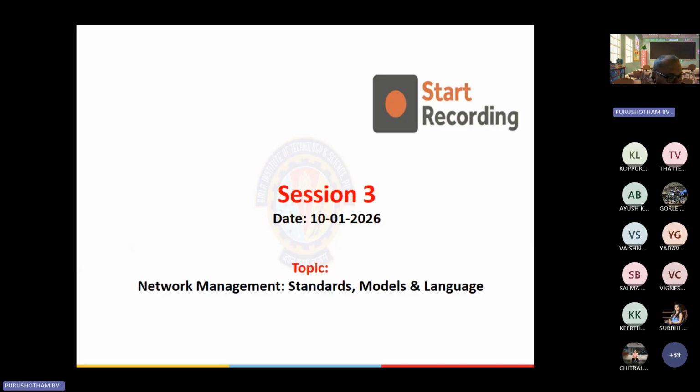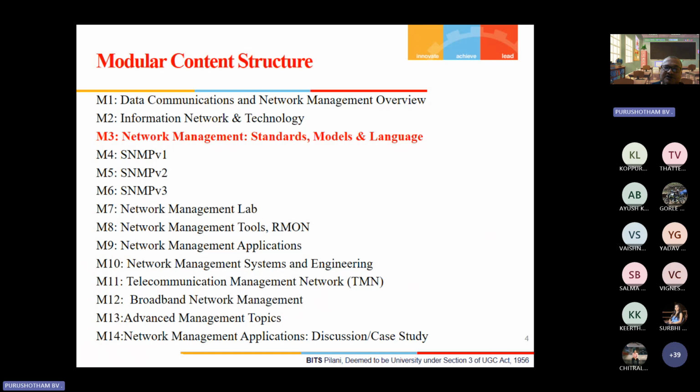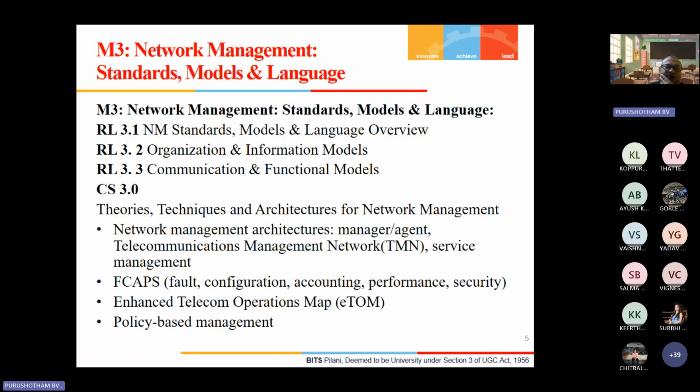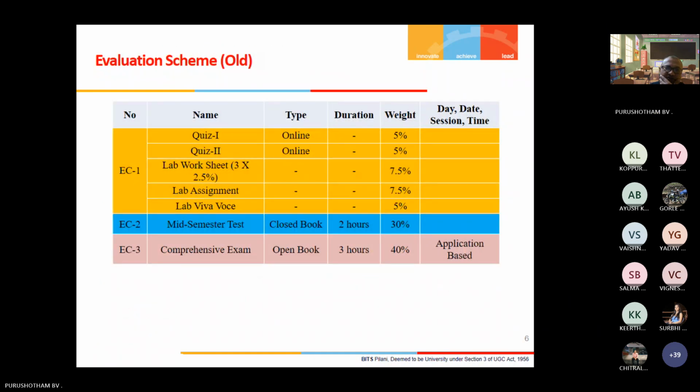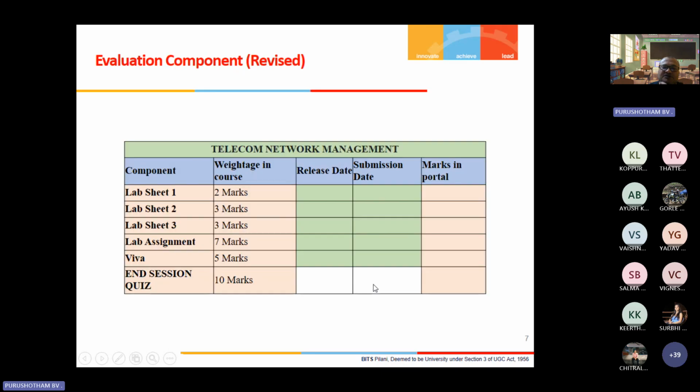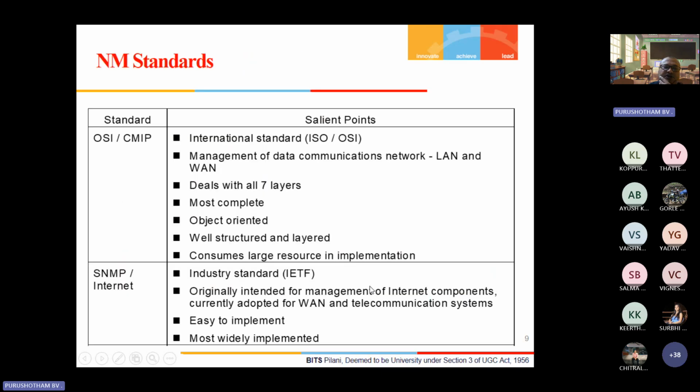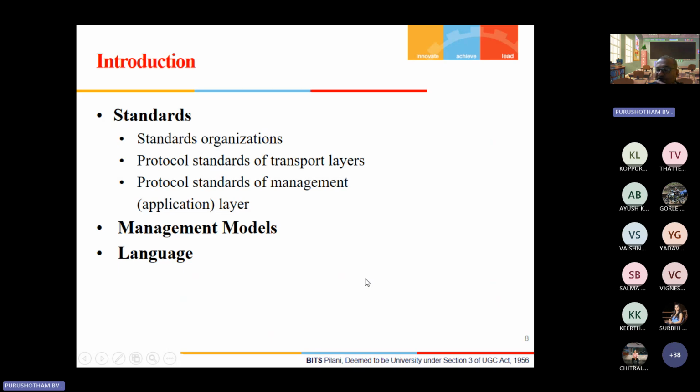What we covered in the last class was network management standards, different models, and the language used for network management, that is abstract syntax notation, ASN. So we did discuss this pattern. I don't know how they will distribute the marks. I'm not sure, but BITS will communicate that to you.